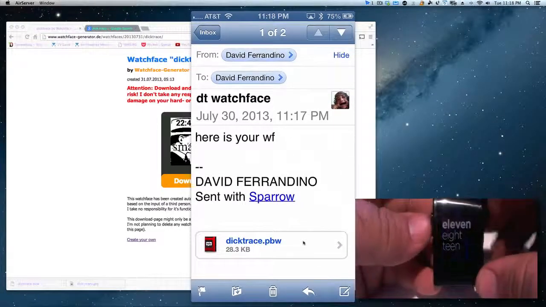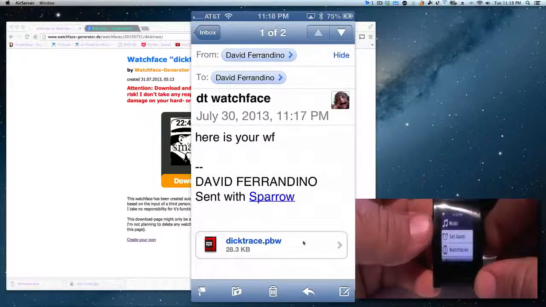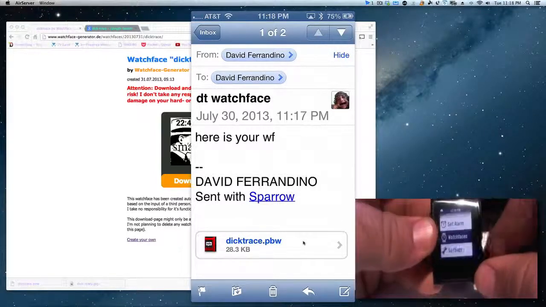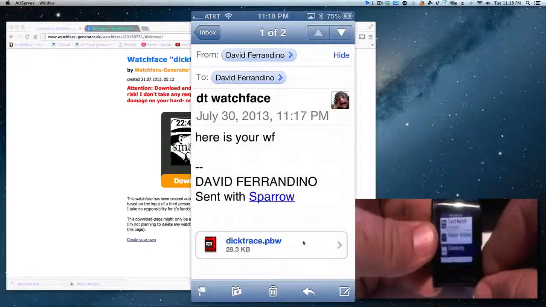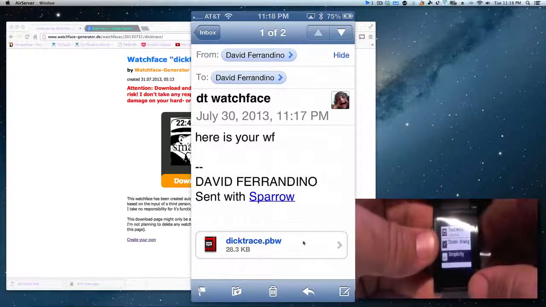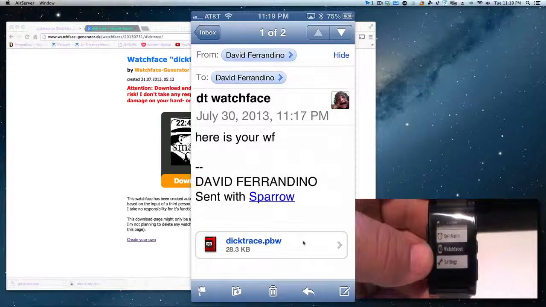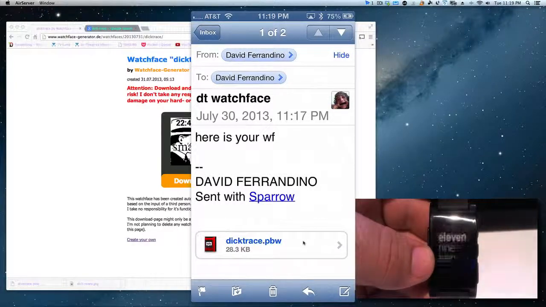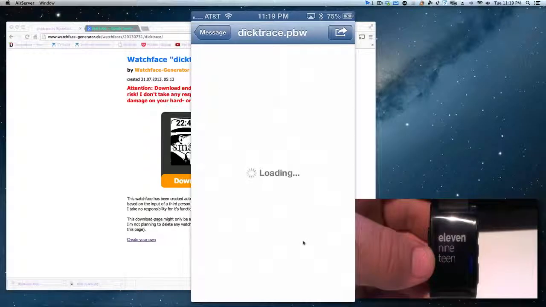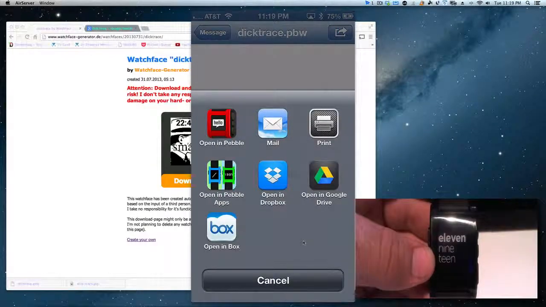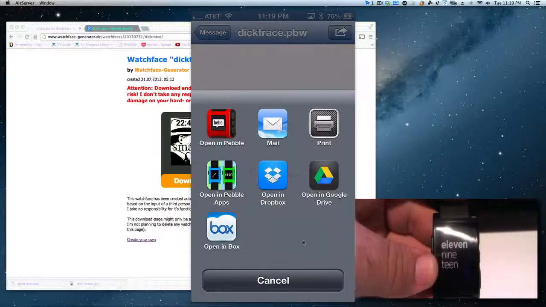So I'm going to go back, and we'll see here I only have 3 watch faces. Okay, I only have 3. Okay, I got my email from myself, sending the Dick Tracy .pbw, and what I'm going to do is open it up here. You click the little arrow on top, and you're going to open it in Pebble. Now take a look at the Pebble,